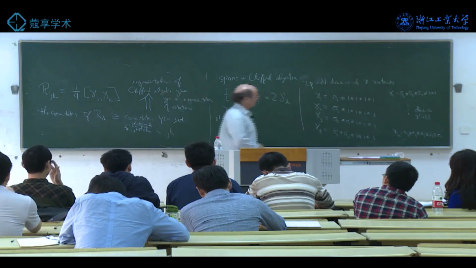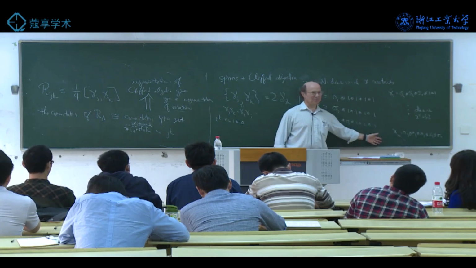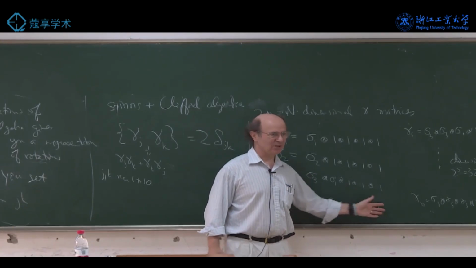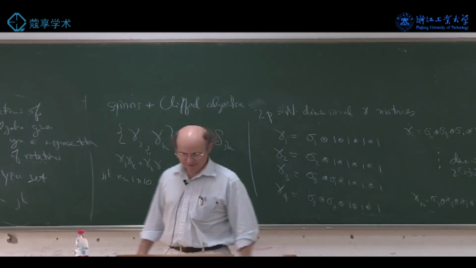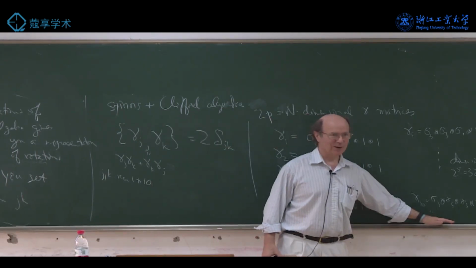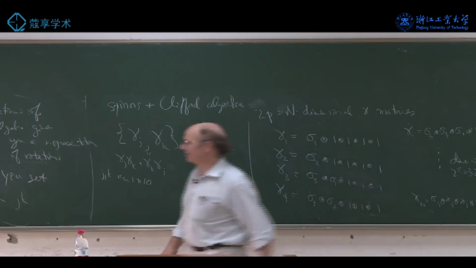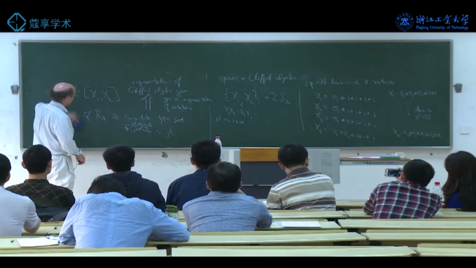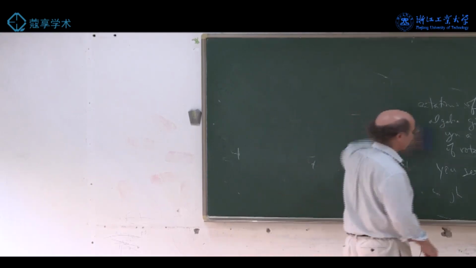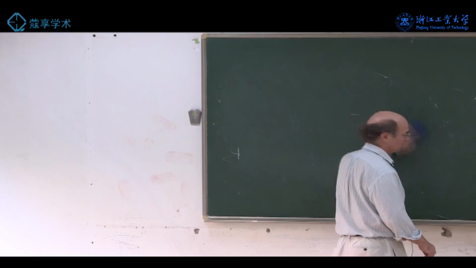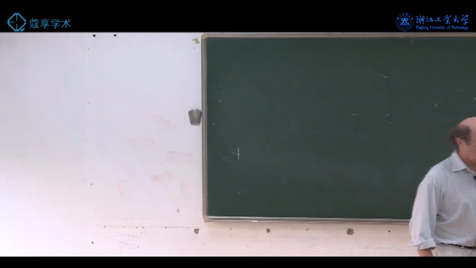Now, I've just written down this representation out of the blue. I haven't proved it's unique. I haven't proved it's irreducible or anything like that. With some work, you can show that it's almost irreducible and almost unique, that is, unique up to isomorphisms and not quite irreducible. It turns out